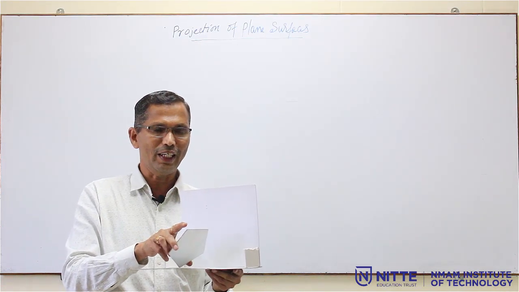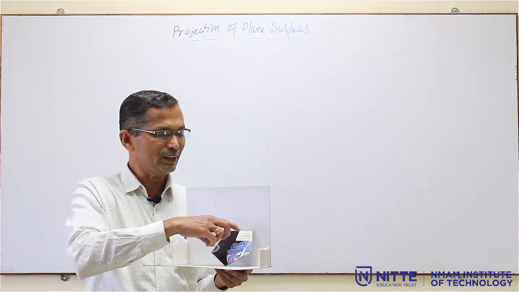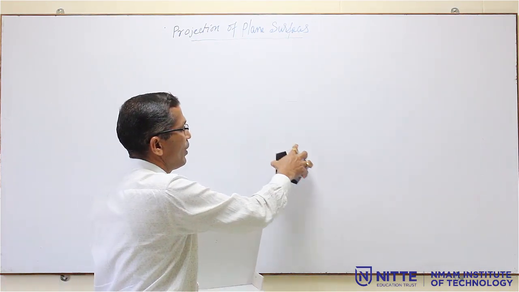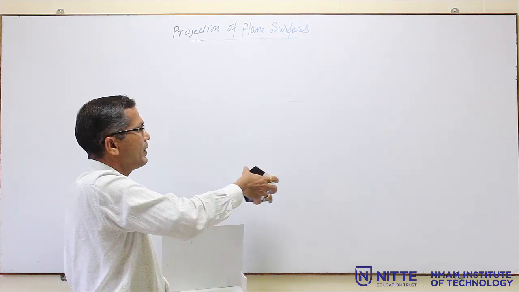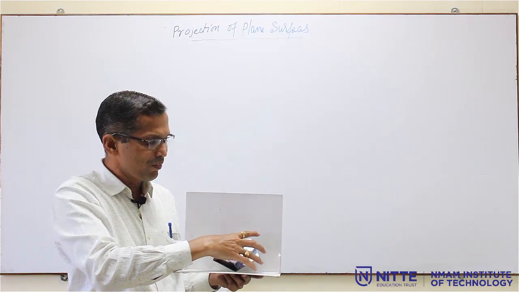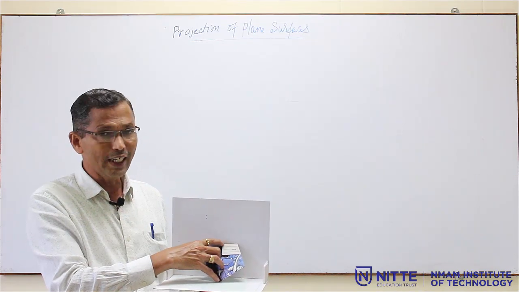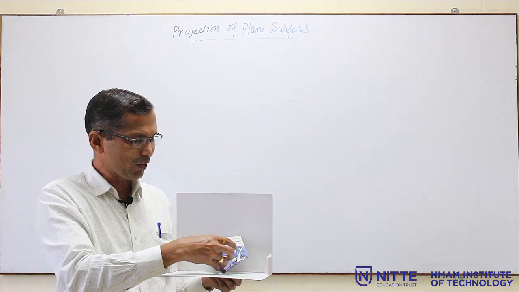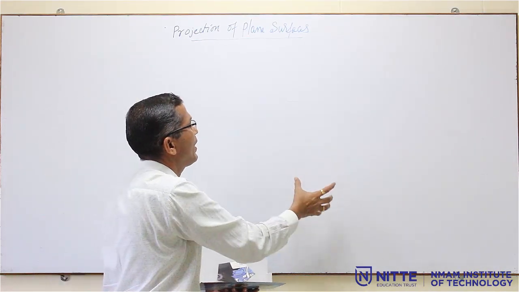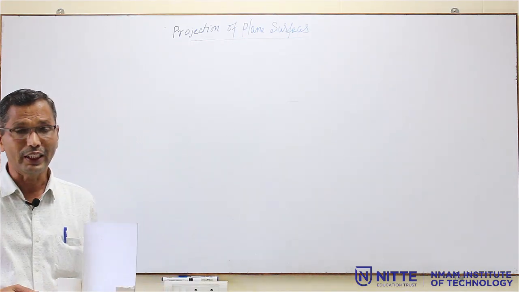So, already one corner is on HP. So, you have to touch like this. You have to touch the edge. That means, in the third step you are not going to give any angle, simply you copy and paste it so that the opposite edge touches VP. Whenever an edge is on VP, its top view will be on the XY line. If you look at this edge from the top, it will be on the XY line. That means this second figure you have to directly copy and paste, so that the opposite edge will be on the XY line. That is all.